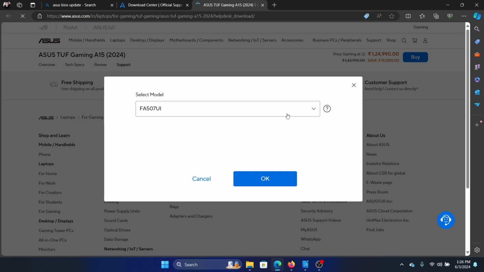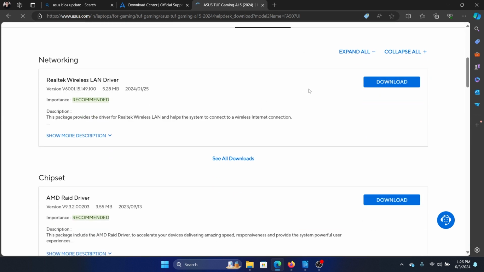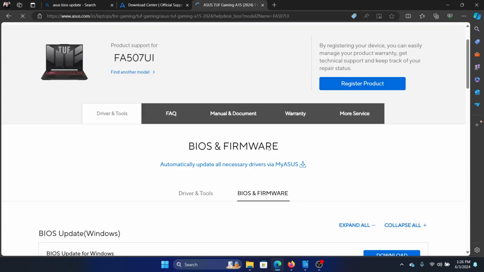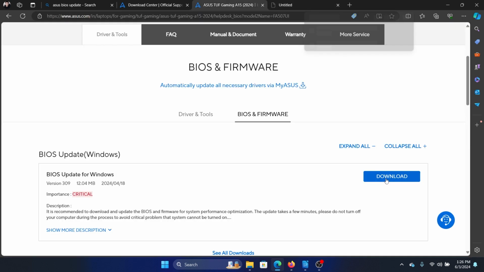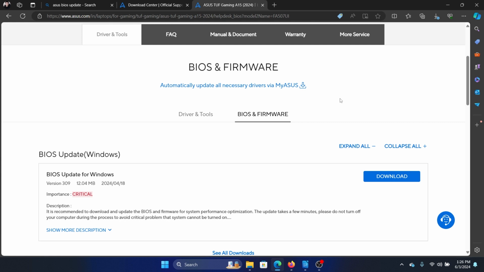So I have selected the model. I will click on OK. Go to the BIOS and firmware section. And then it will need a while to load the BIOS and firmware section, and then download the BIOS, and then you can click on open. And once you click on open, it will install the latest BIOS, and the same for Dell, HP, Lenovo, whatever